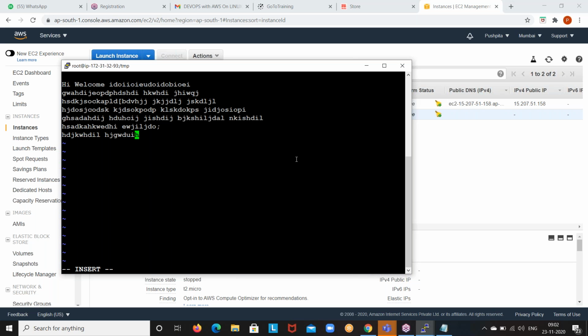Press escape key. Yeah, now I'm in escape mode, guys. How can I say that? Because at the bottom line, nothing is there. So guys, in the bottom line, you can see clearly if it is insert mode or command mode. Bottom line, nothing is there means I'm in escape mode now.